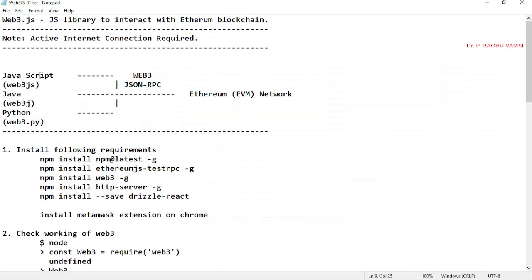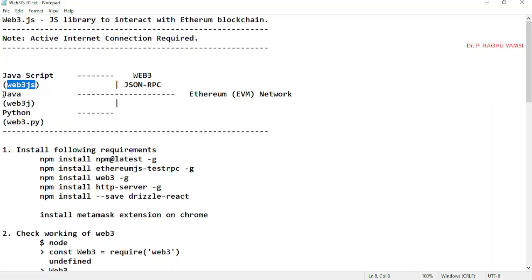So in order to communicate with this network, we can use JavaScript, or we may also use Java programming, or we may also use Python programming. Whenever JavaScript is used, we require Web3.js as the module to be set up.